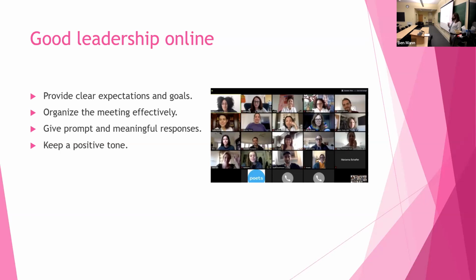And then keeping a good and positive tone. Again, when you're communicating online and using avenues like Zoom, there's a lot that gets lost in translation. Not only is it a little box that might not have video on, but it also means that things like your tone and facial expressions are a lot harder to determine. So using positivity and using a tone that conveys the context of what you're intending to say is a really good way to make sure your communication is as clear as possible.